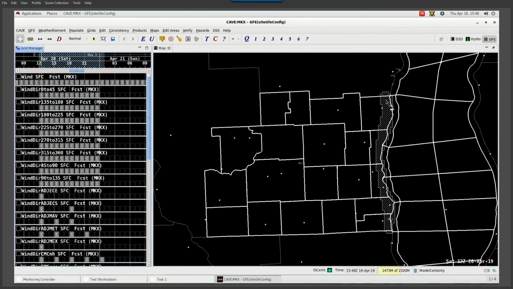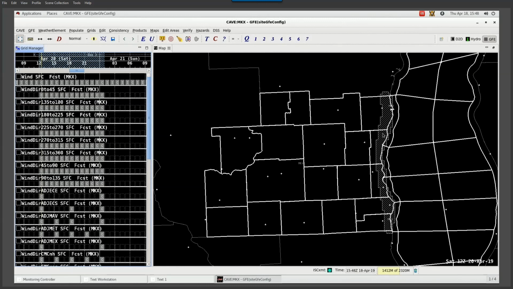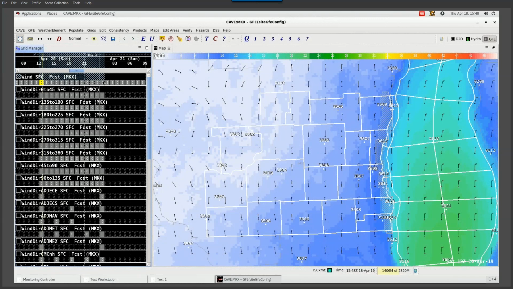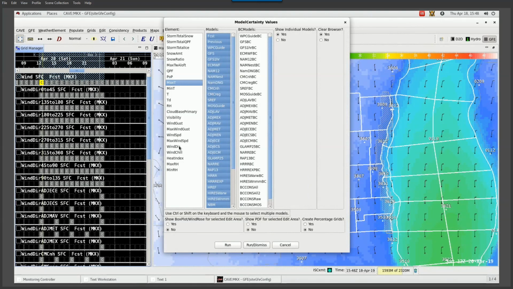And that's one of the things to remember as you're seeing live here with me making the mistake. If you go by default, you don't make an edit area. Whatever your GFE domain is for your CWA, that is what the information will be run off on by default. So if you want to look at a particular area, in this case, we're going to look at the lakefront for a lake breeze. We are going to then pick this area right here that's right along the lakefront and then run the program, because that's the area we're most interested in to see if we get a lake breeze,